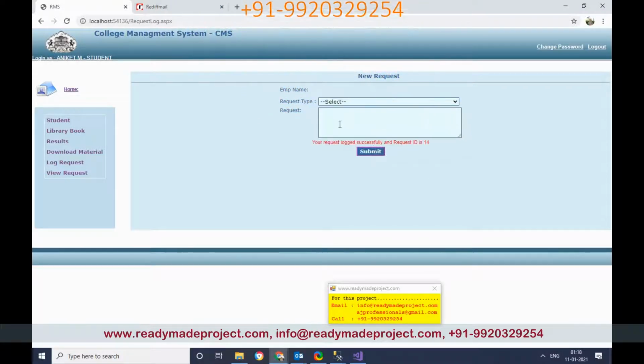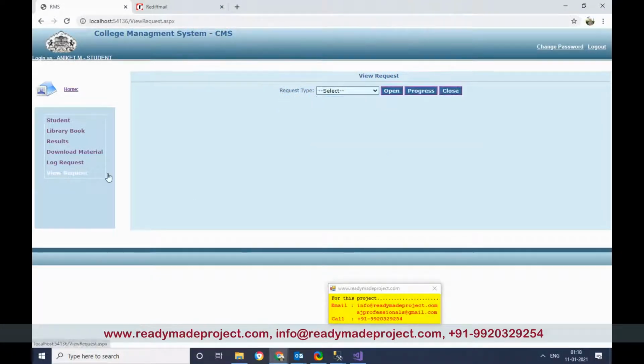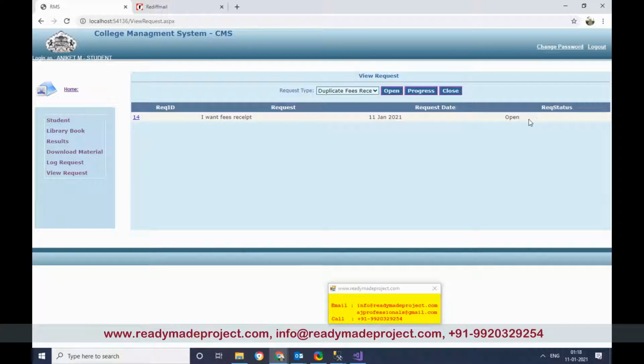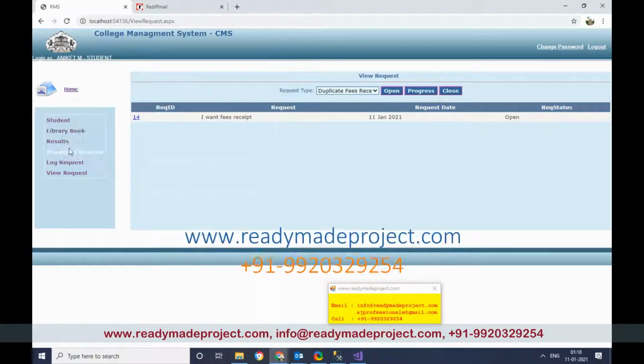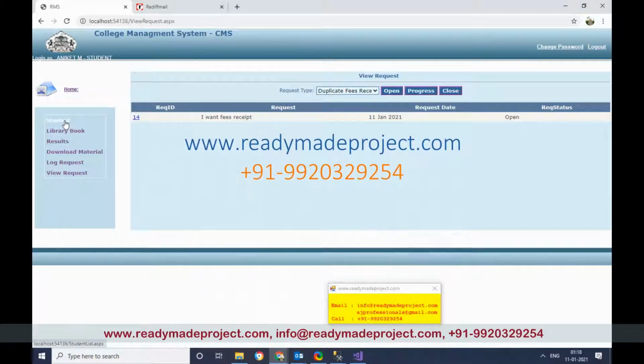In his ID, view request will show the request type. It is open because nobody has taken action; only an employee can view it and take action on this. So the student has limited, read-only access, and he can view the result.